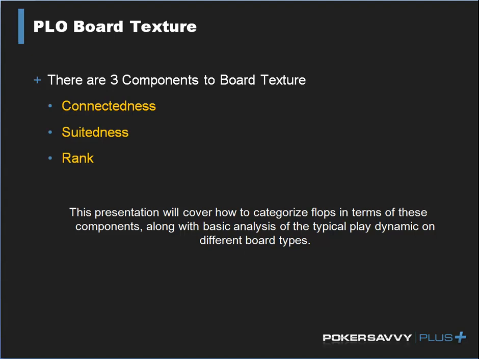In PLO particularly, it's a game where there's a lot of cumulative equity. There's a lot of situations where you get your hand value by adding up value from a bunch of different places, and so there are going to be hands that are medium quality with respect to all of these things. You flopped